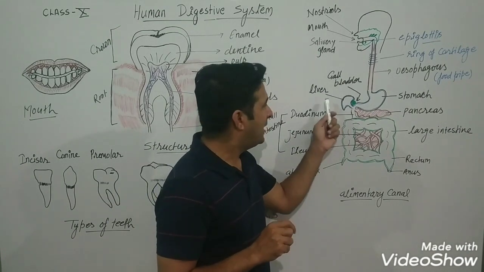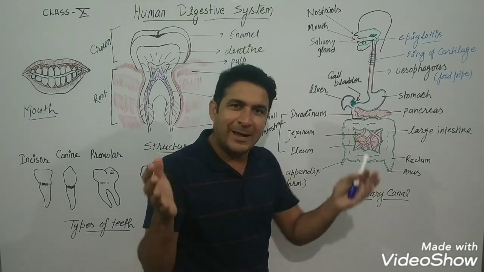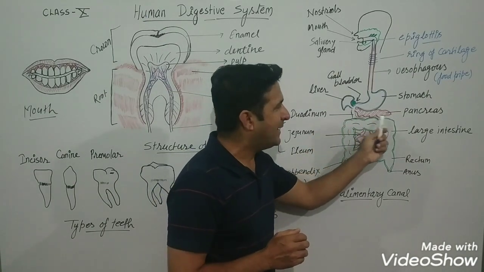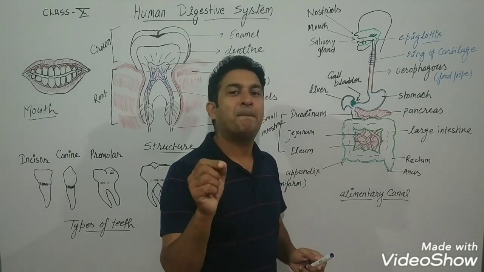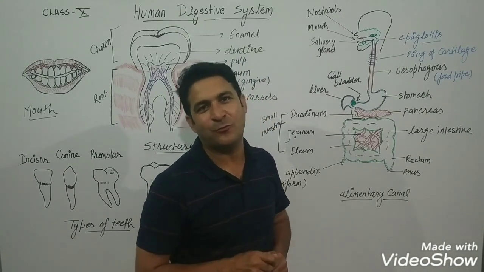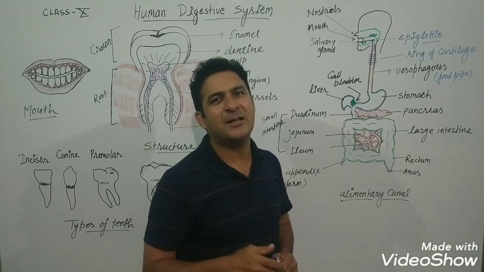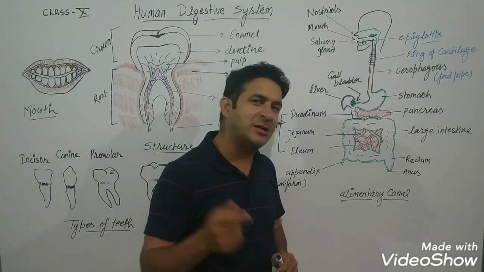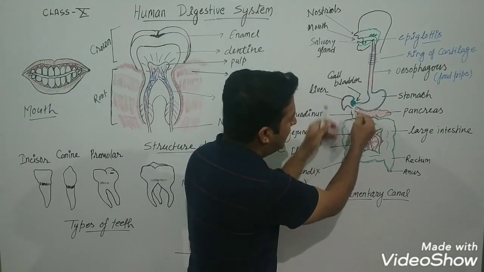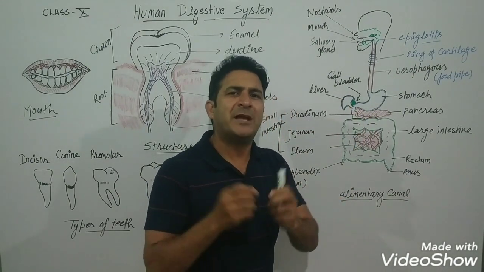Okay, so the liver sends this bile juice to the gallbladder. The gallbladder can store bile juice. This is the pancreas, and the pancreas secretes pancreatic juice here in the human alimentary canal for the digestion of food. This pancreatic juice has many enzymes, and they have different functions in digestion, that I will teach you in chemical digestion. Okay, so both the juices come here in the duodenum area and start many chemical processes to digest the